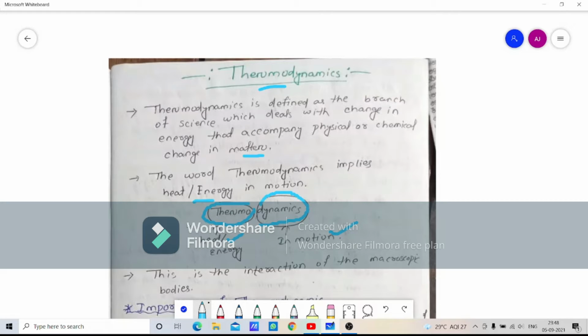That means heat is transferring from one body to another body. That is known as thermodynamics. If heat is transferring, that means there is a change in energy. So after that,